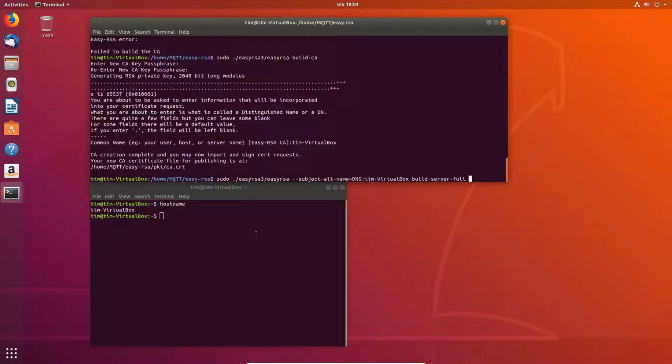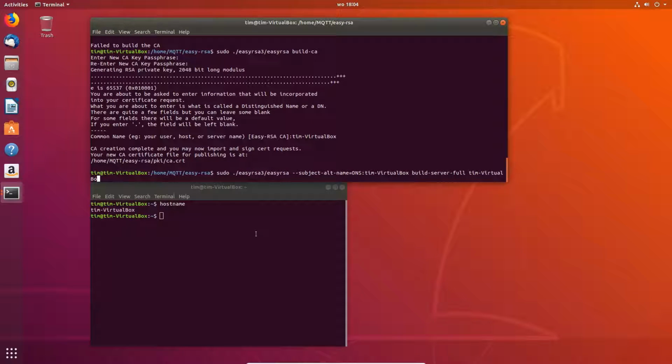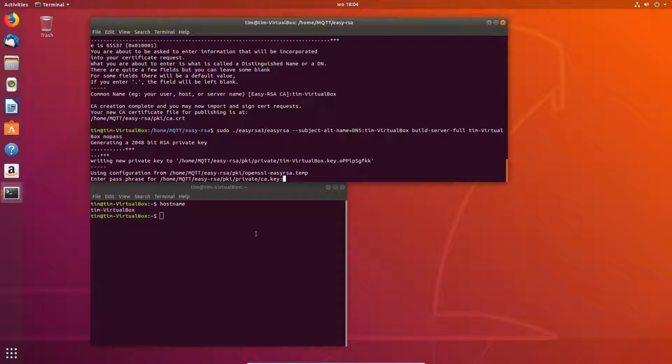You need to enter it one more time, tim-virtualbox, and now you need to add nopass to it. That's very important, otherwise the generated certificate will be password encrypted. You can do that, but I won't show this in this video because it's not really necessary in my opinion. So now you need to enter the passphrase for your CA,